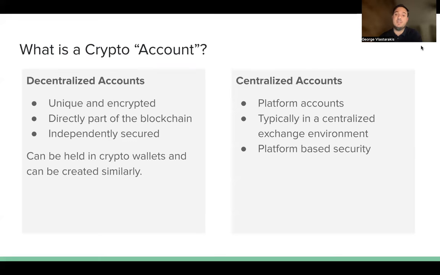And then we also have the centralized accounts, which are pretty much just platform accounts, just what you can expect with any big digital platform. They have their own systems, and the accounts are centralized and controlled by them. For the security, they are responsible for all the encryption and all the data collection. And these we will see relate to many of the bigger platforms that are centralized in this ecosystem.